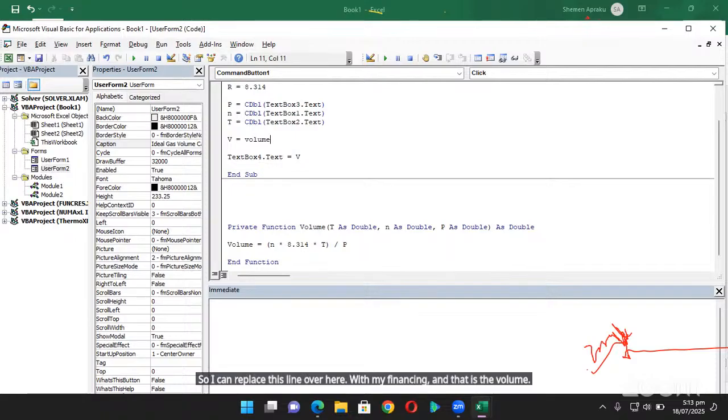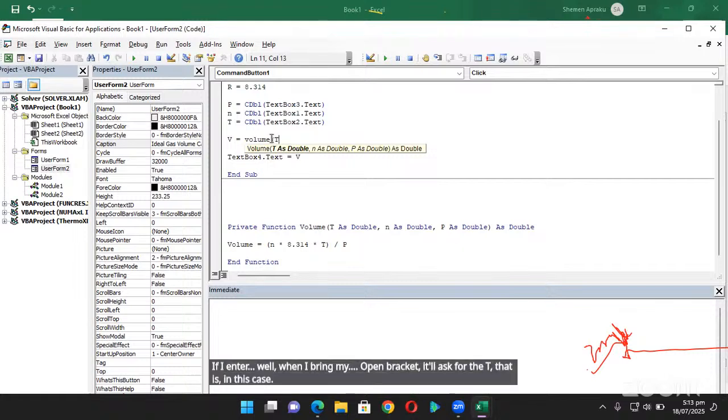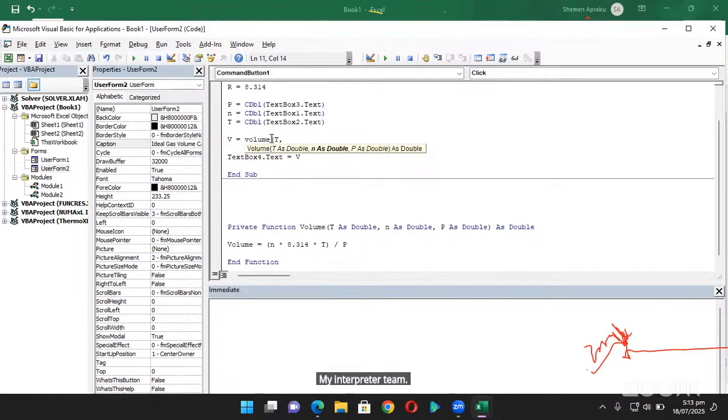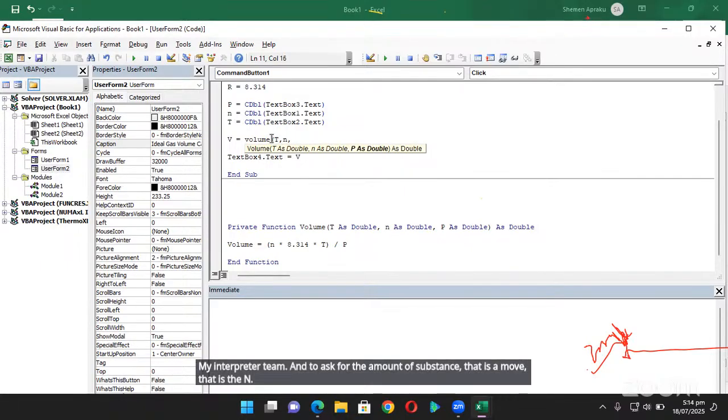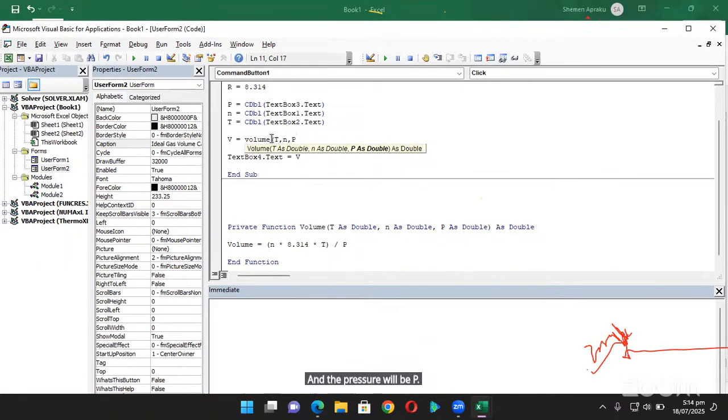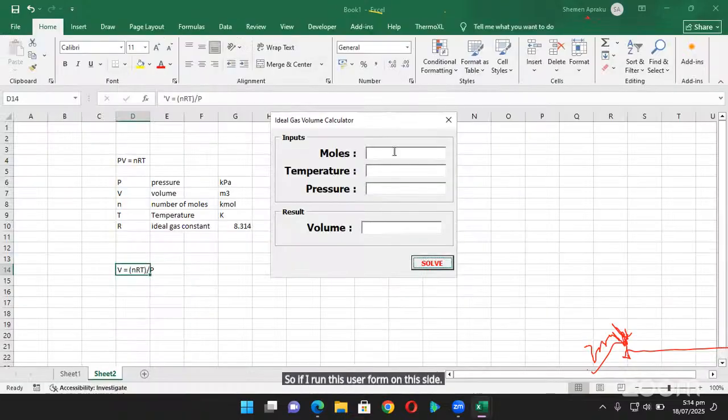So if I enter volume and I bring my open bracket, it will ask for the T, that is in this case, my temperature T. And to ask for the amount of substance, that is the mole, that is the N. And the pressure will be P. And I'll close this bracket. So if I run this user form on this sub, and I enter my mole of 12 at 600 kelvins and 120 kPa, if I click on the solve button,